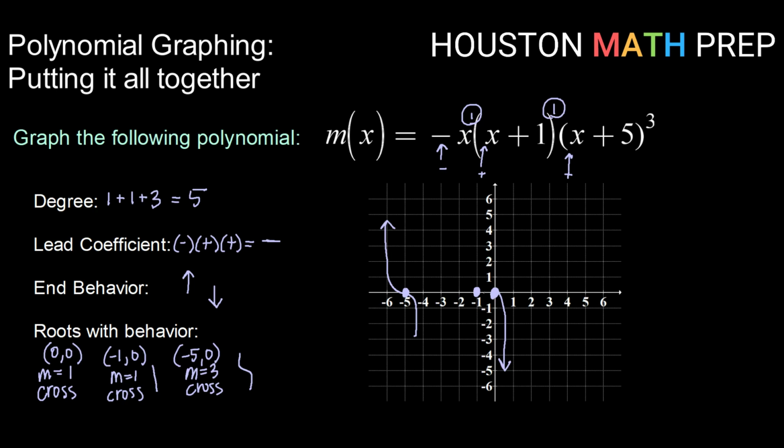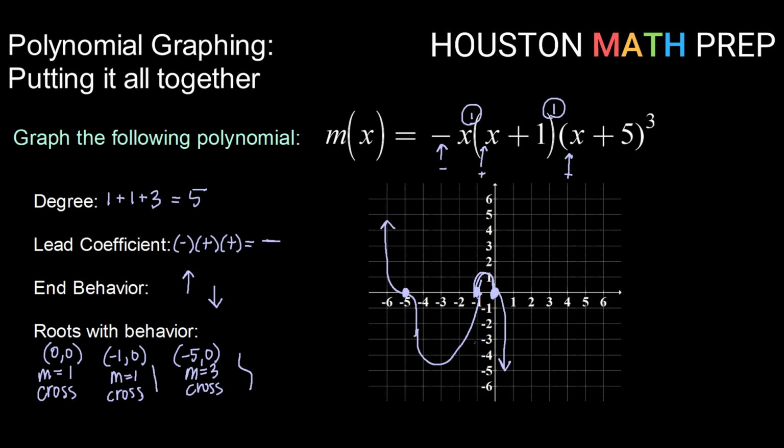And then in order to get back over here to negative 1, I'm going to have a turnaround. So I'm going to turn back around, coming through my root here at negative 1. I have an m equals 1 cross, so that's just going to be nice and linear, go right through. And once again, I need to get back over here to 0 to cross through again, so I'm going to have a little turning point. So there's a rough sketch of my graph for m of x